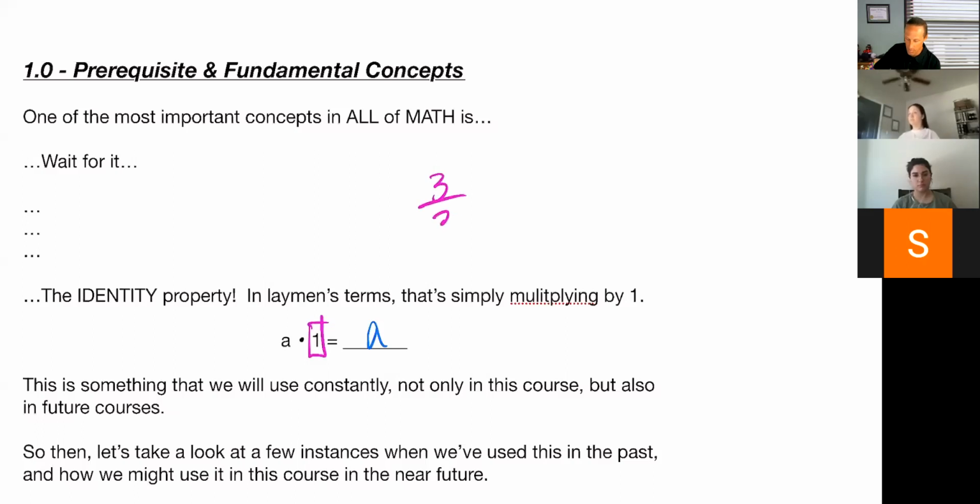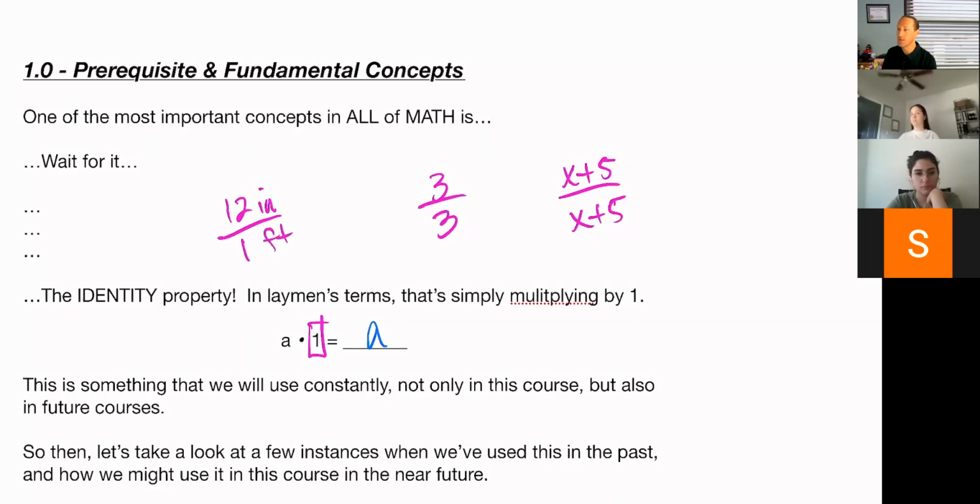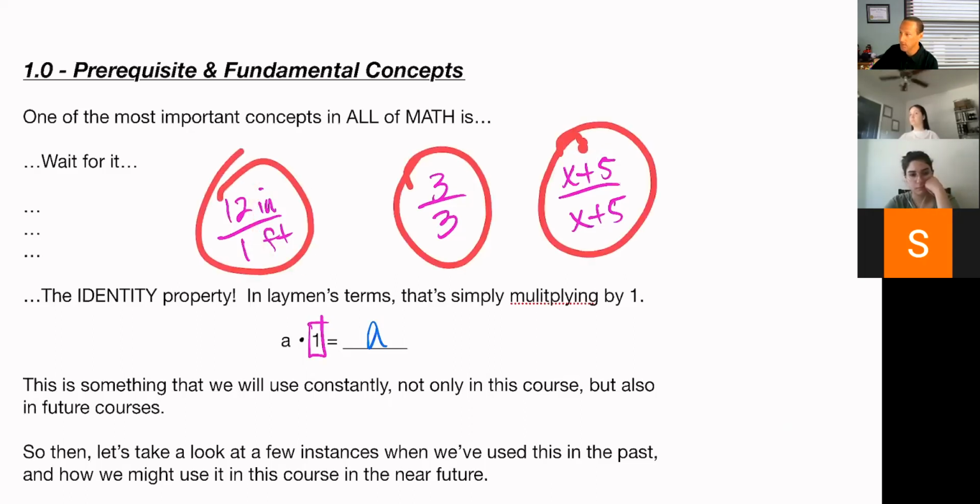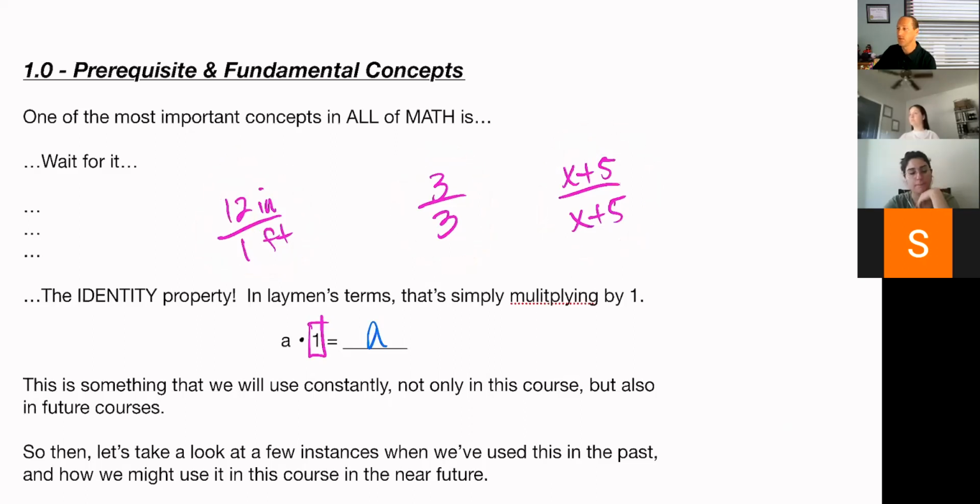This is also a 1. So is this. And even so is this. So 1s come in all shapes and sizes and formats, as you can see here. Okay, so this, and this are going to be some of the things that we have to deal with throughout this course and beyond. Okay, so